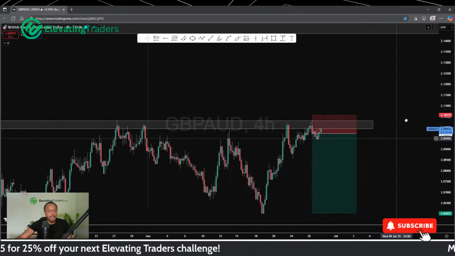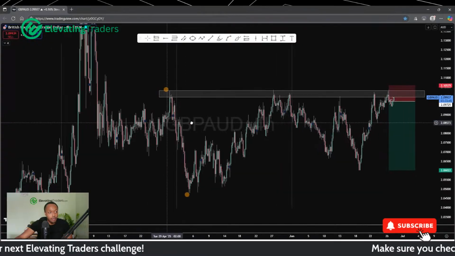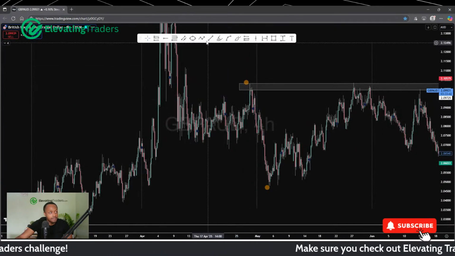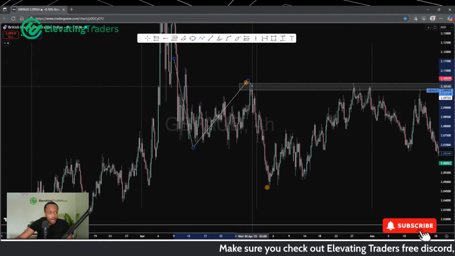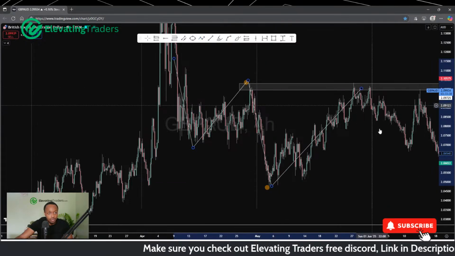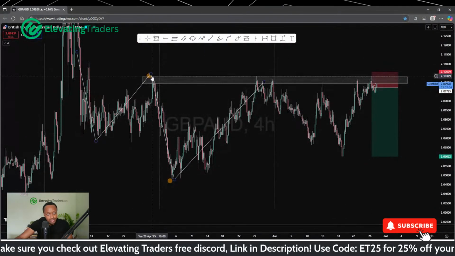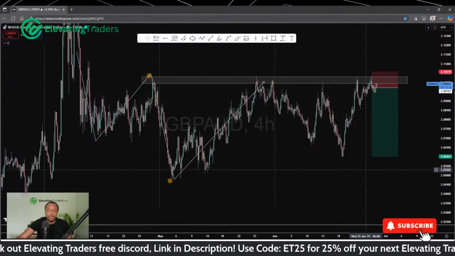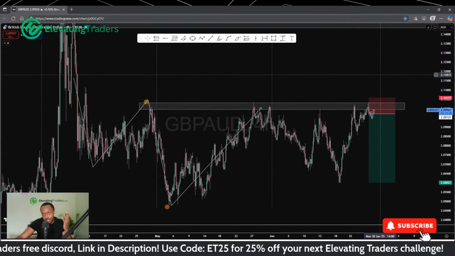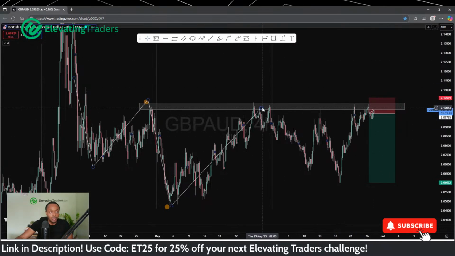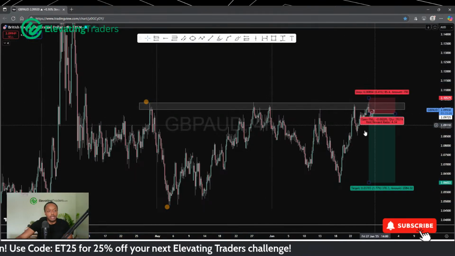But yeah, the analysis is just because we are maintaining structure here on the 4-hour chart. We did see a swing, a pullback, another bearish swing. And now for the most part, price is still maintaining resistance there. So as long as we can maintain that lower high, I would still be looking at a drive lower. Like I said, if price does break through, I will look to switch the bias around. But it is counter trend.